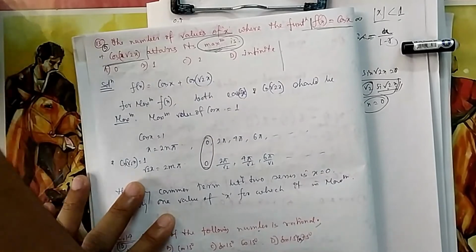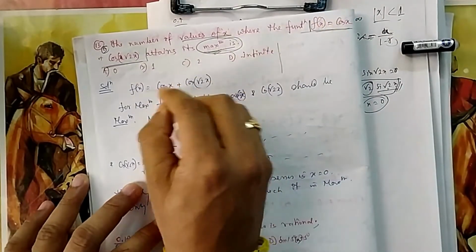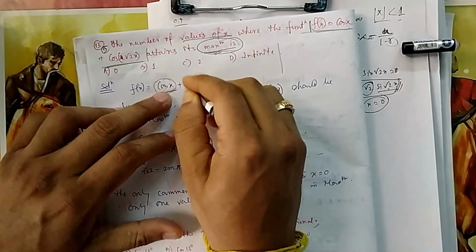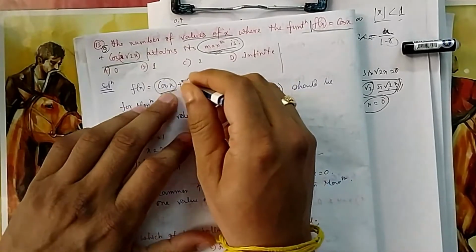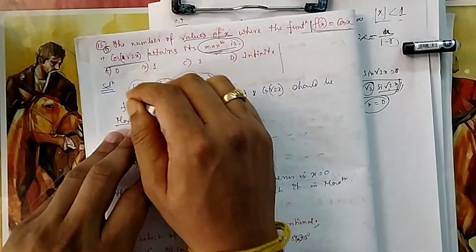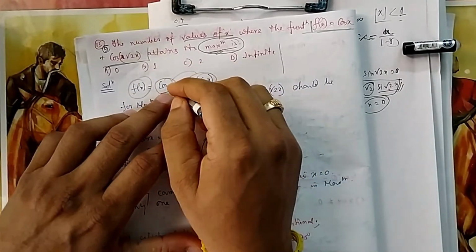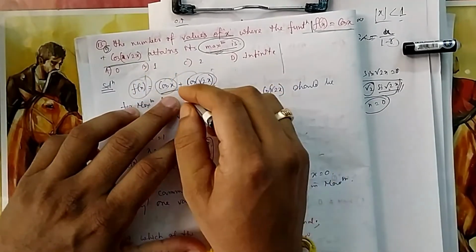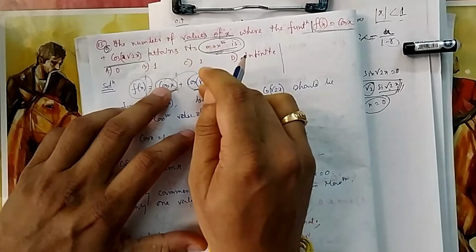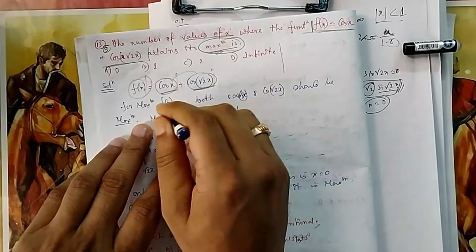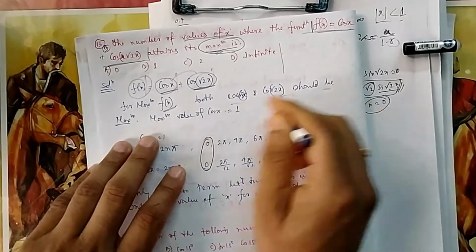So sometimes you have to look at the functions themselves. Now I know this has a maximum value of 1, and this has a maximum value of 1. If in some case both attain this maximum value 1, then the sum will be maximum. Let me see when each is maximum, because it is a sum. If both are maximum, then the addition will also be maximum. So for the maximum value of f(x), both these should be at maximum.